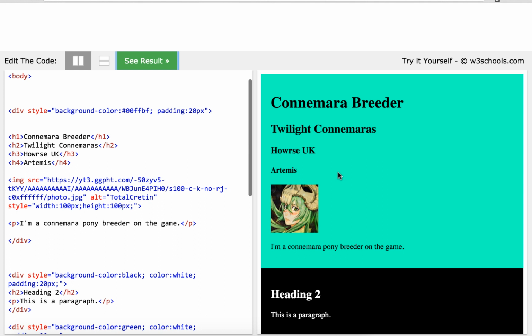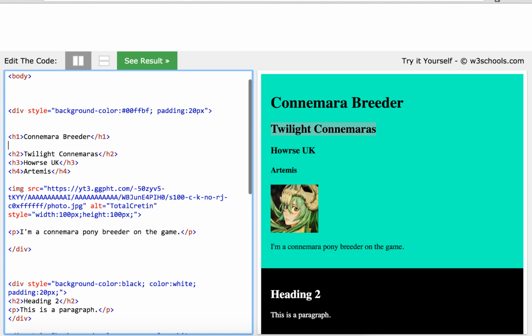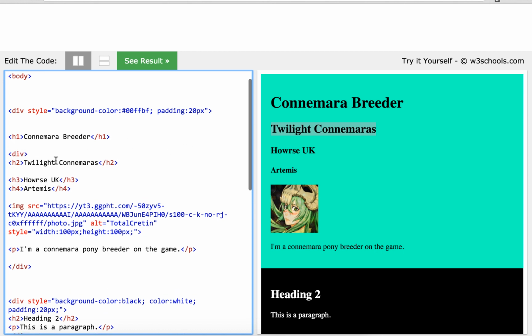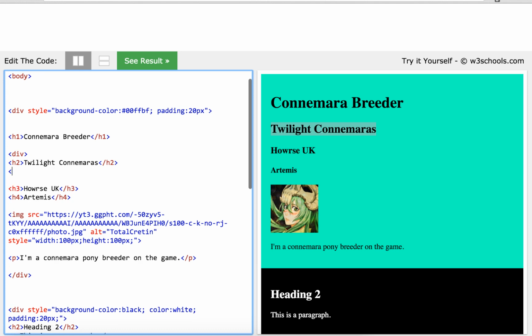And you can now see that all your text is inside that div, okay? But then you might say, well, I want to try Connemara's in a different color, for example, in a different colored box, right? Let's put in another div, okay? So we'll do a closing div tag,